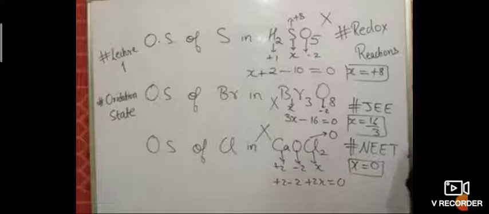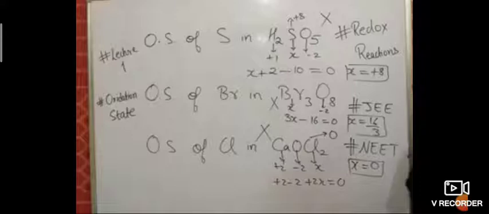For example, magnesium plus fluorine is converted into magnesium fluoride. So here we are adding fluorine, so that is oxidation. Removal of an electronegative element comes under reduction. HgO on heating gives Hg plus O2. Here O is the electronegative element, so we are removing O from HgO. So this is reduction.